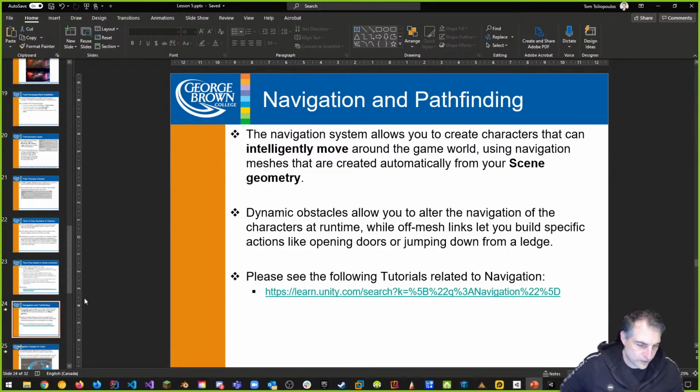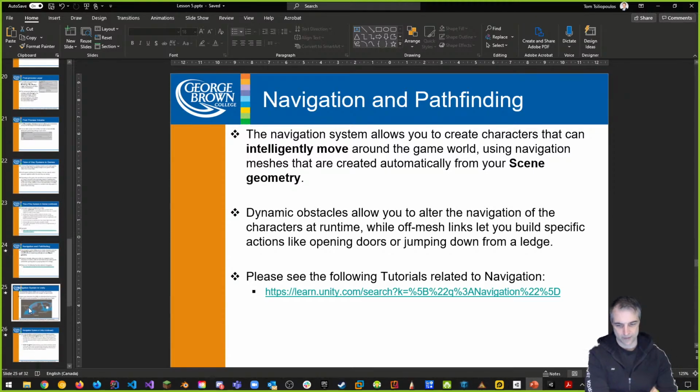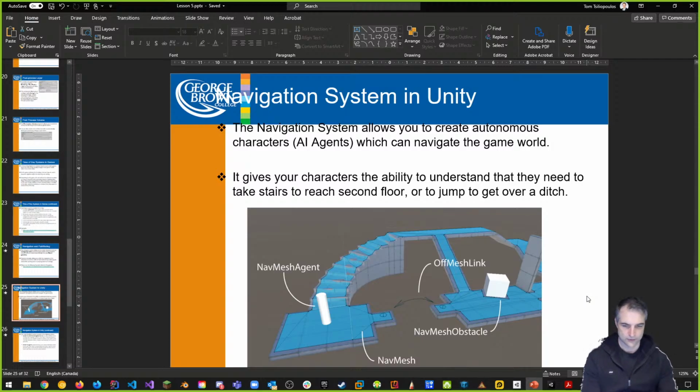The other thing we're going to be talking about today is something called navigation and pathfinding. When we did AI together, there were some things that we did by hand. We did A-star pathfinding, and we talked about Dijkstra's algorithm, and different kinds of heuristics in order for you to do some pathfinding in the scene. One thing that we have with Unity is a built-in navigation mesh system that allows you to do,